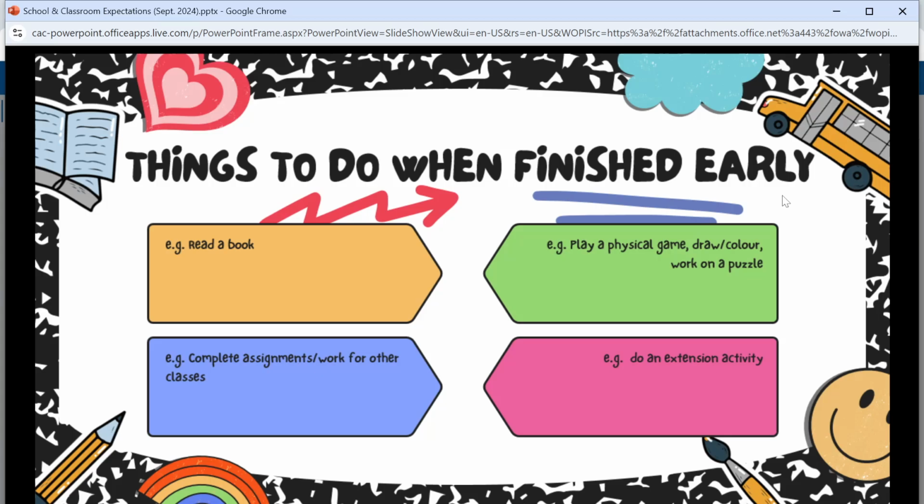Okay, we are not playing a physical game. This came from the administration as well. So if you are finished early, make sure you are bringing something to do. I'm going to go out and buy a few decks of cards, so that if you like to play cards, you can do that. I have some science games up there that nobody has ever played. They've been there for years and nobody plays them. I have no idea if they're any good or not. Have a book, have some puzzles, and